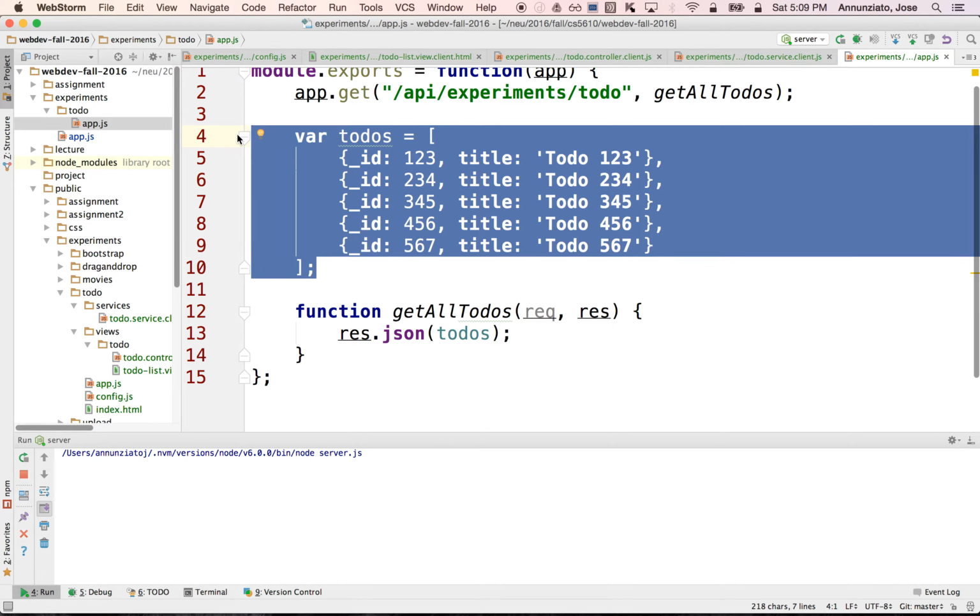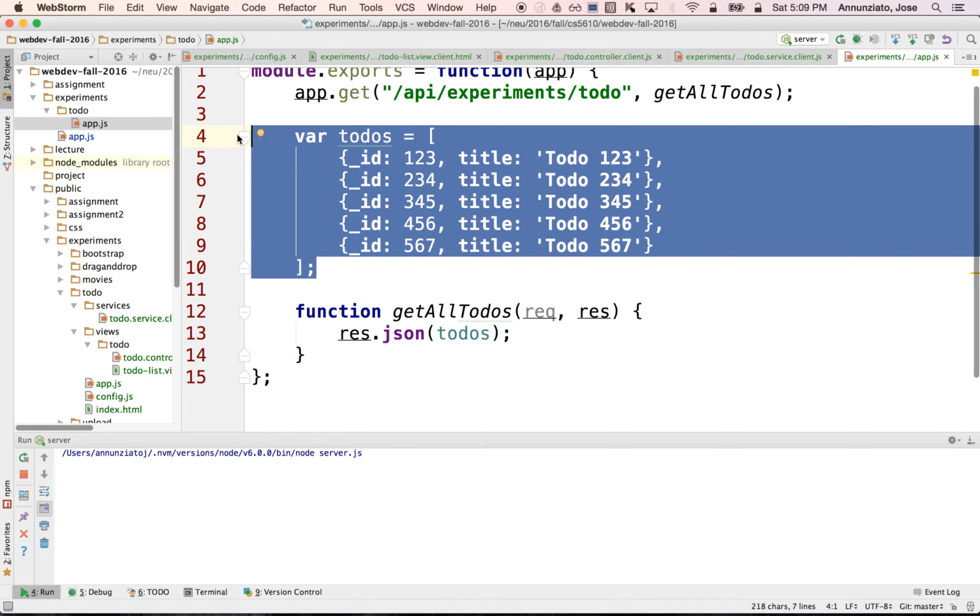Now this data should actually live on the database, but we'll do that in a separate video. So right now the implementation just returns all those to-dos. On the client side, we have the client requesting those to-dos using this URL, and it is returning it to a controller that had initially invoked this get all to-dos. So the controller was initially retrieving it using this code right here, to-do dot get all to-dos,